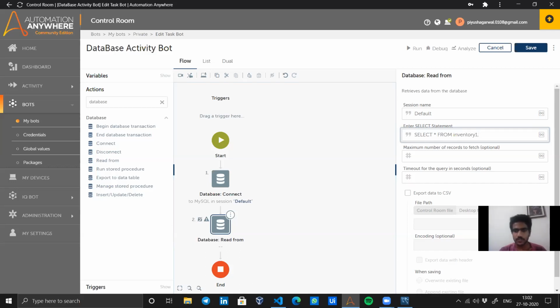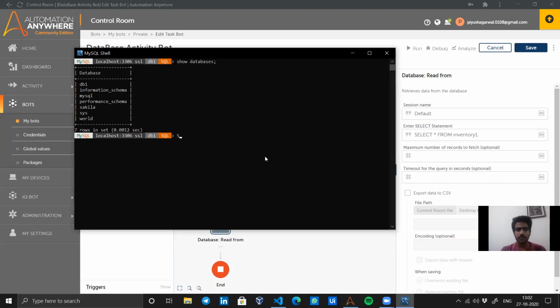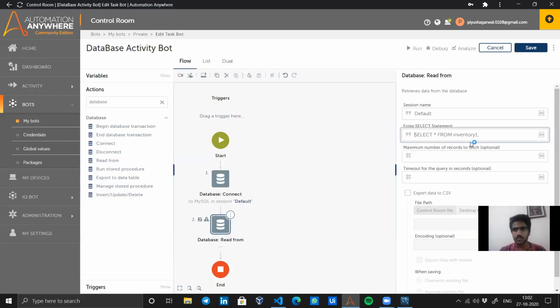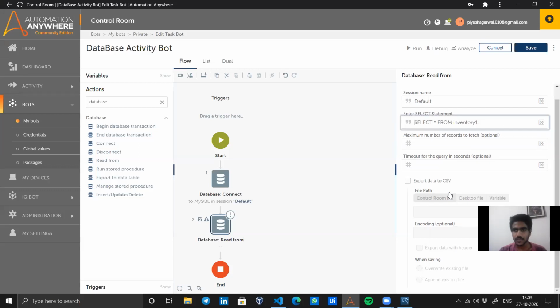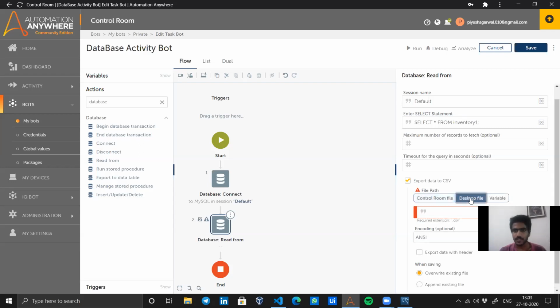Let's look at what is actually in the table. If I run the same command here, I get empty results, so it should not give me any result. And let's export data to CSV. It's asking me for a desktop file path.